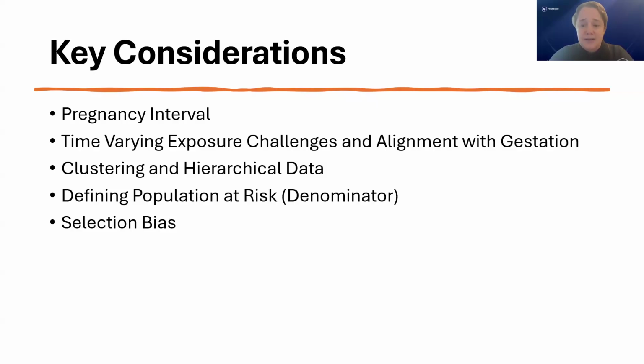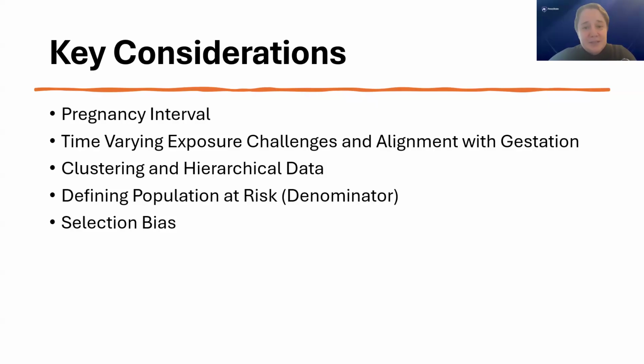Clustering and hierarchical data. This is generally thinking about all the clustering that can happen in perinatal epidemiology, which are things like when someone is pregnant with multiples. So if they have twins or triplets, those are all clustered together. When you have successive pregnancies, those could also be clusters. But you can also think of clusters at the household level or health system level. So that's certainly happening in data analyses with perinatal data.